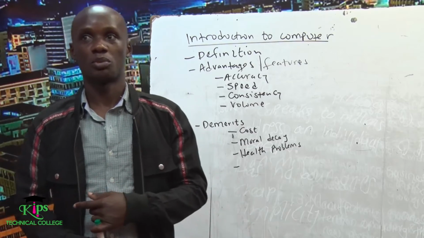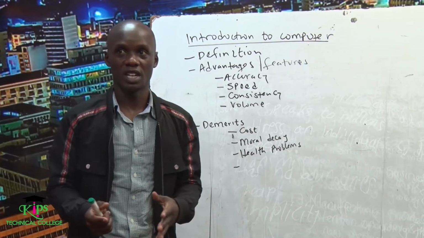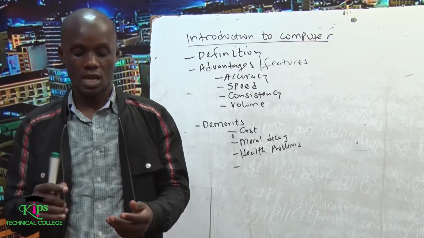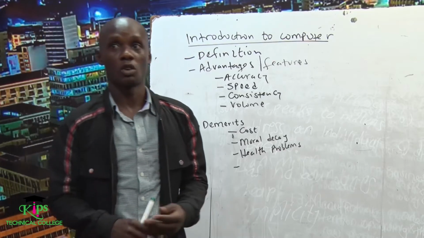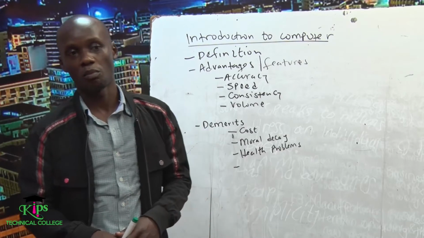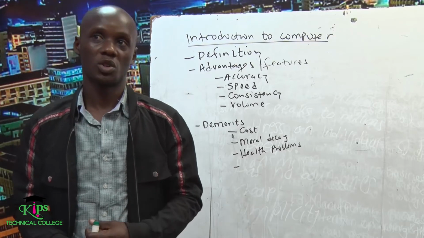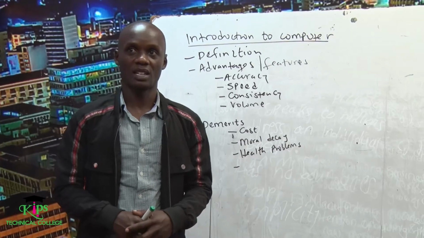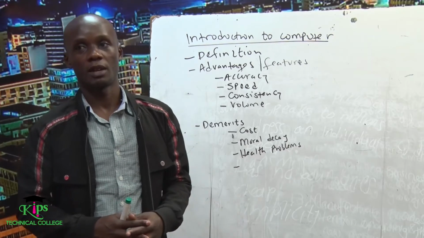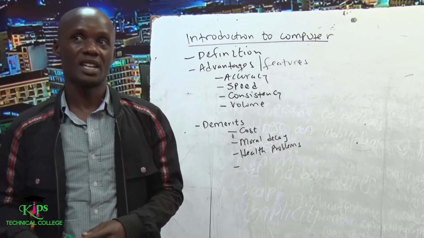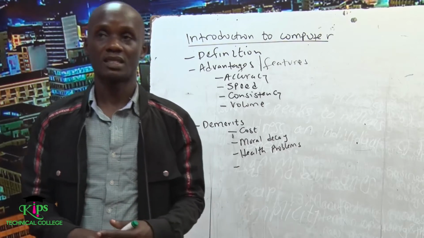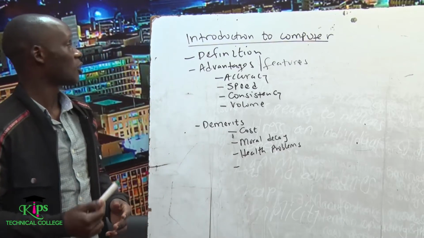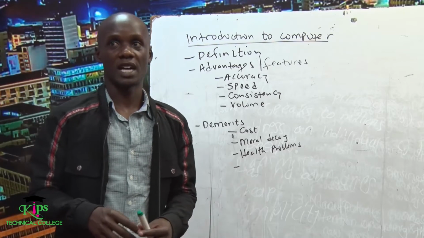So one is inputting data, that is using the input devices, the physical components, in acquiring data from the external environment. Another function is processing, mainly converting data into meaningful information. Then another function is what we call storage. Storage refers to keeping data, instructions, and information either for a long period of time or for a short period of time. Then the last function is outputting, basically disseminating information to the external environment. So we are saying we define our computer based on those four major activities.